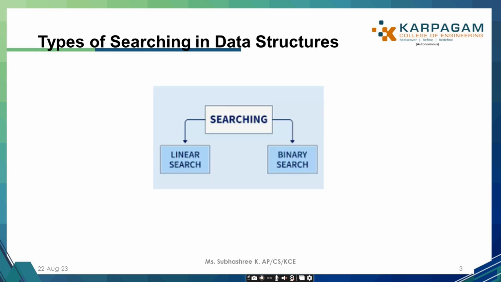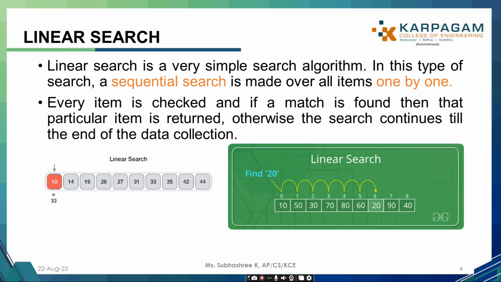When it comes to types of searching in data structures, basically we have two different types: linear search and binary search. This video includes a section on linear search, and the next part of the video will include the content on binary search. As the name indicates, linear search, whose alternate name is sequential search,